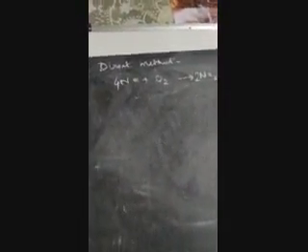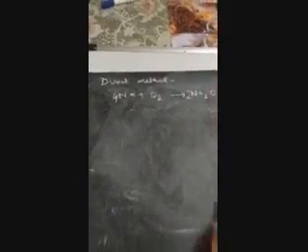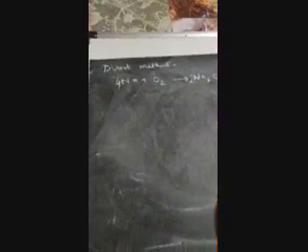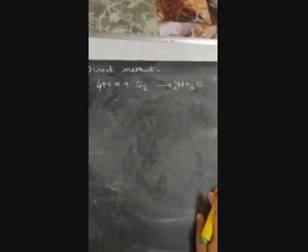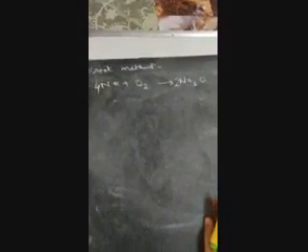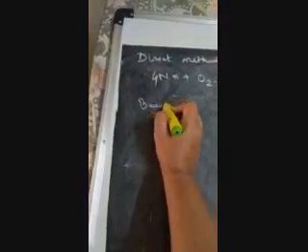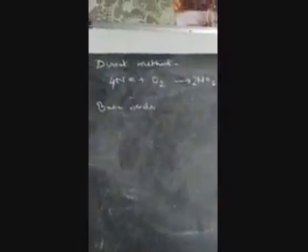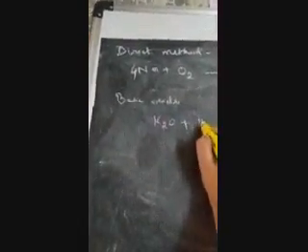So we already know metal oxides are also bases. So by direct combination we can make the metal oxides. Not all metal oxides, only those which can directly react with oxygen can be formed this way. Next is from their basic oxides. Basic oxides mean metallic oxides. So here we have potassium oxide plus water.